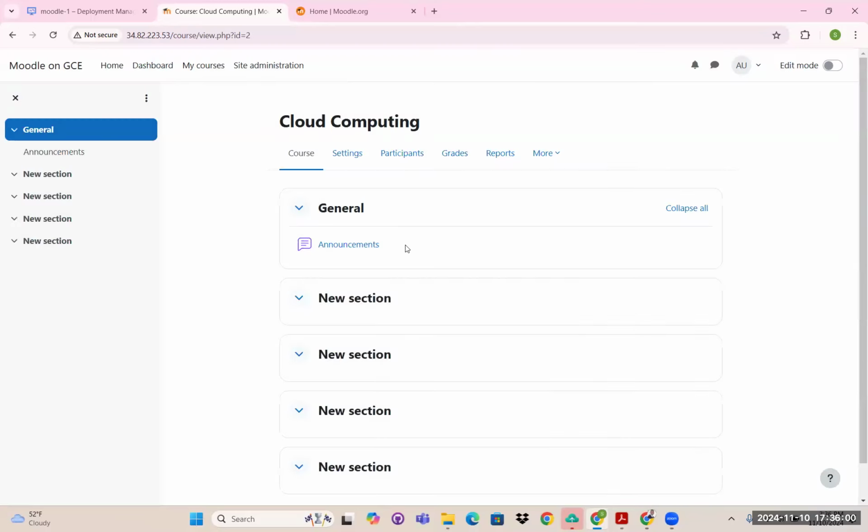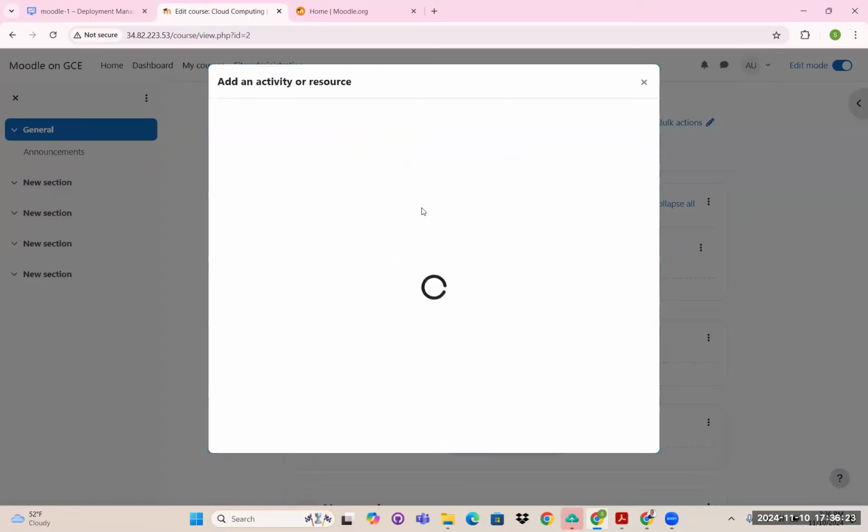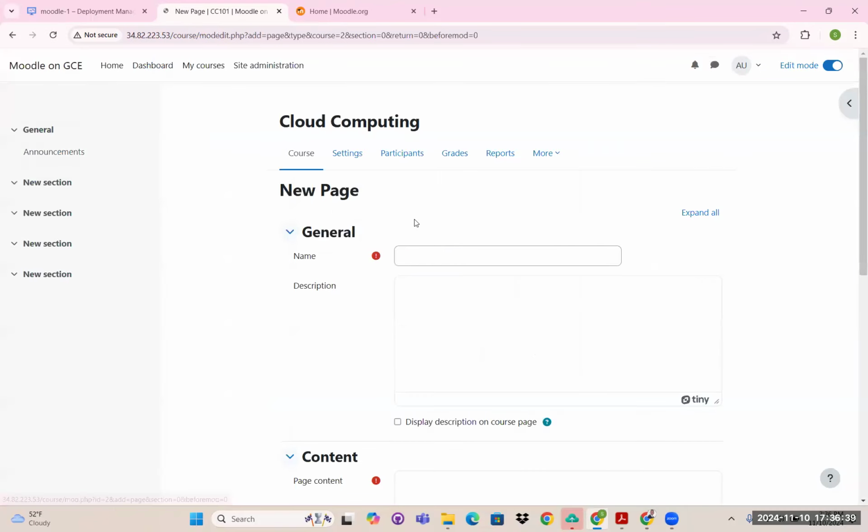So let me skip this. Now the next thing I want to do is, I'm still here, I'll click on edit mode at the top right. Once I click on that, you'll see this add an activity or resource. So I'll click on that, and now I'll click on page, such that when they log into the course, they will see a video, and also maybe a PDF for the course. So I'll click on page,